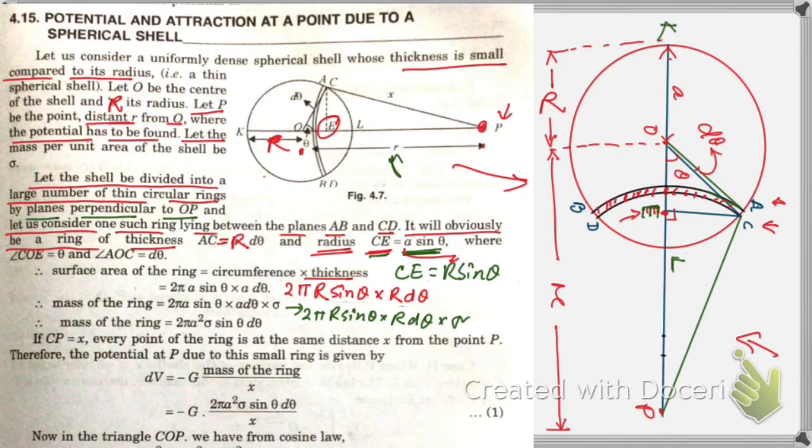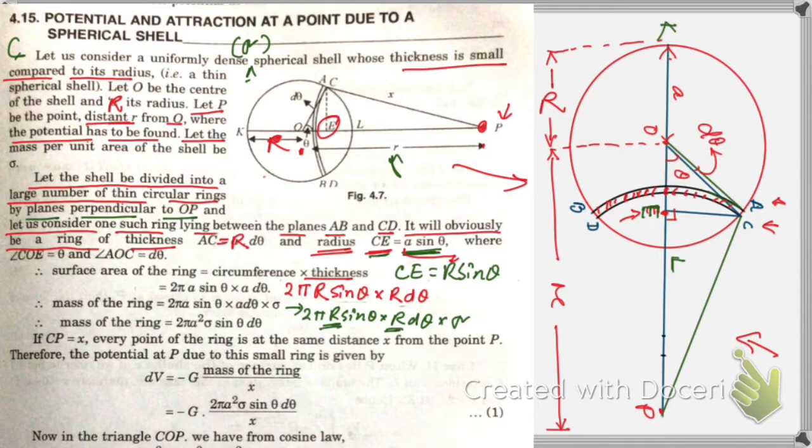So you see whose thickness, let me just mention here. If the meaning of this sigma is not mentioned anywhere, just mention it here. So let us consider a uniformly dense, let us write within bracket sigma here, dense spherical cell, density is sigma here, okay? So mass of the ring that we can write, if you multiply this capital R and capital R,